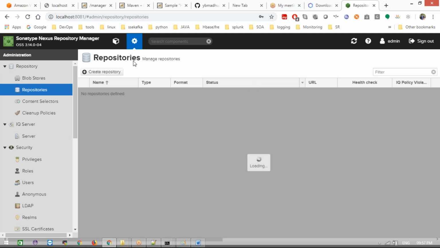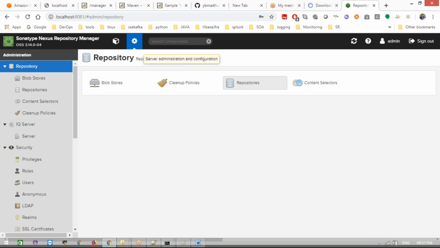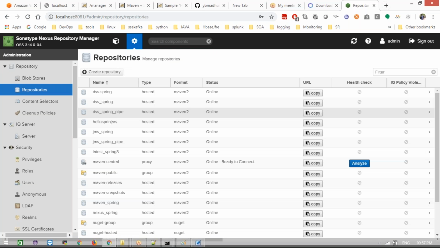And let's go to repositories. Now click settings here. I will show again. Settings, repositories. I need to create a repository. Right now in GitHub, Bitbucket, what do we do? We create a repository there, right? And for pushing your code, like this only, we are going to create a new repository here. Create new repository.